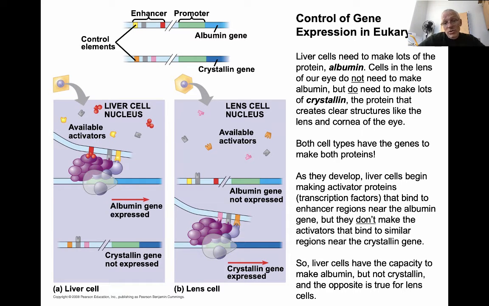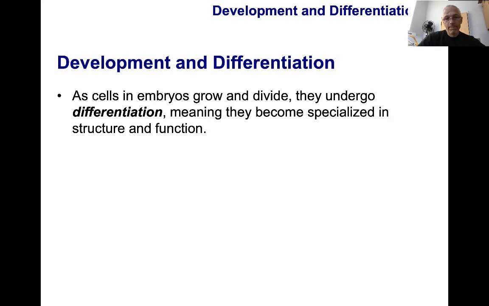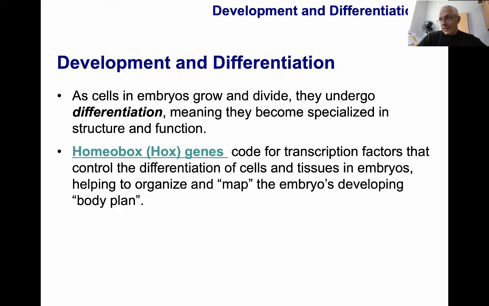And so as those two different tissues, two different organs develop in our body, a whole parade of different transcription factors are made, and certain genes are activated or are enabled and maybe activated later. Other genes are repressed and in some cases locked up for good because they will never need to be expressed in that cell. One last thing, and then we're all done. And this is a really interesting